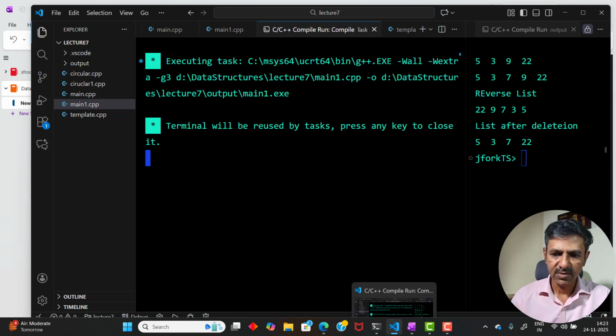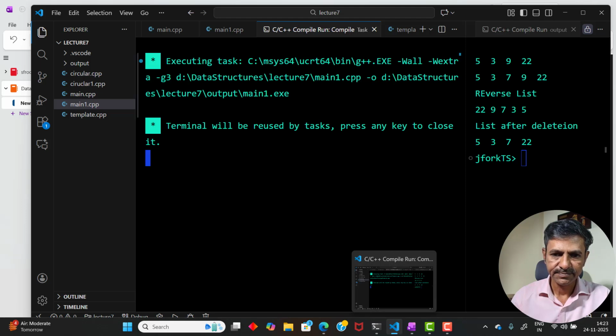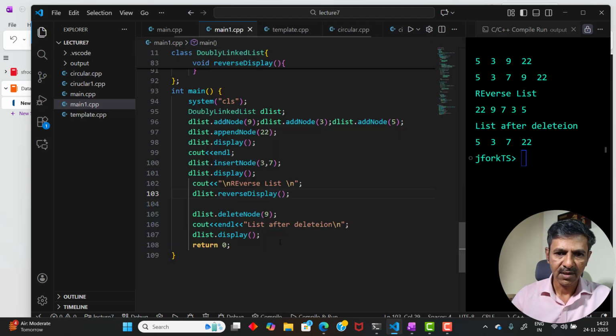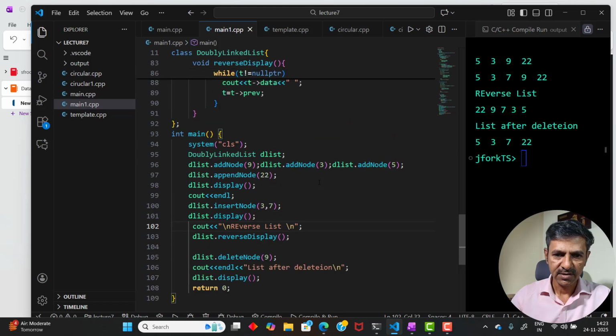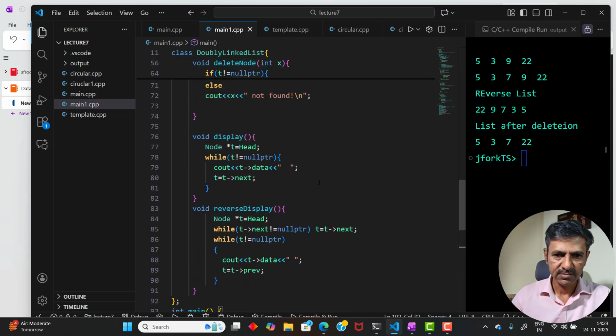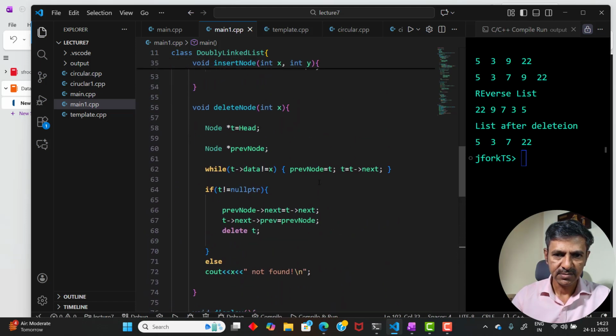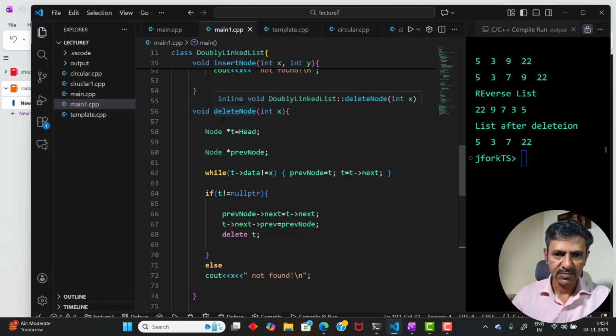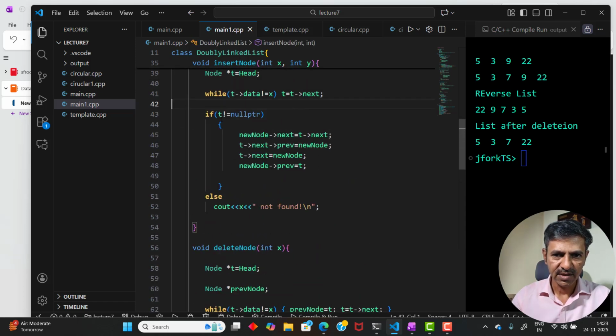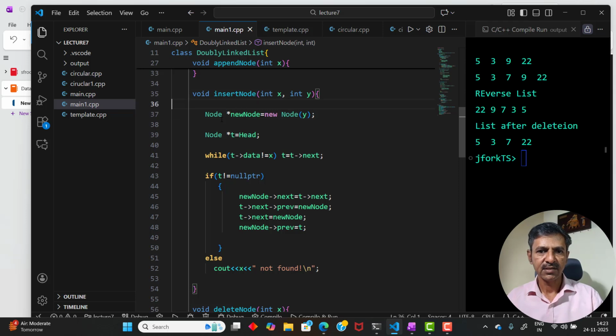So would you like to implement and see? Yes, sir. Okay, just give. Yes. First you do insert node and then delete node. I will just